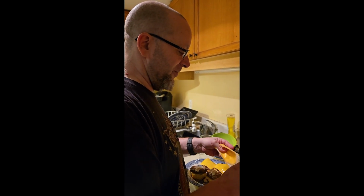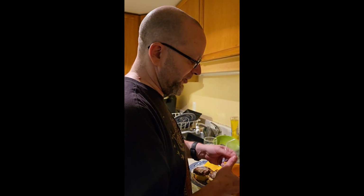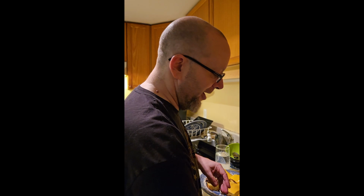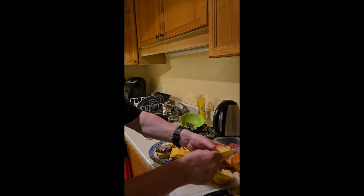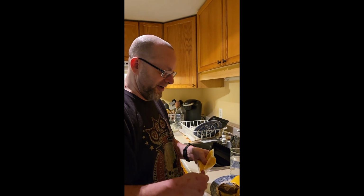Some people believe that you have to use a lot of oil to cook them. No, you don't. Now, if you're going to barbecue, it's a whole different story. You don't need any oil or anything for that one. But if you're going to cut cheese, before you begin, use this as a template and measure it so you're just not wasting cheese. I don't think it's really necessary here, but...